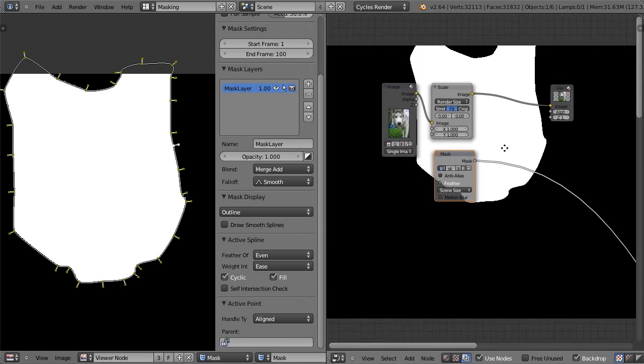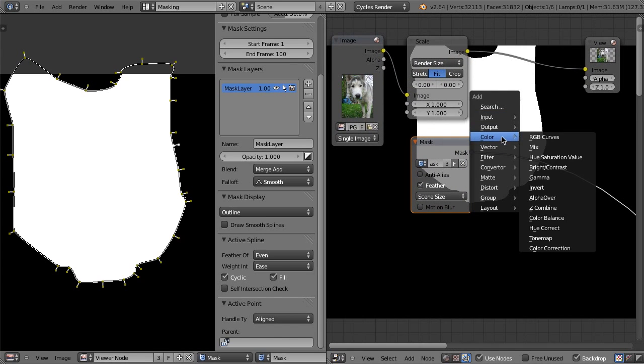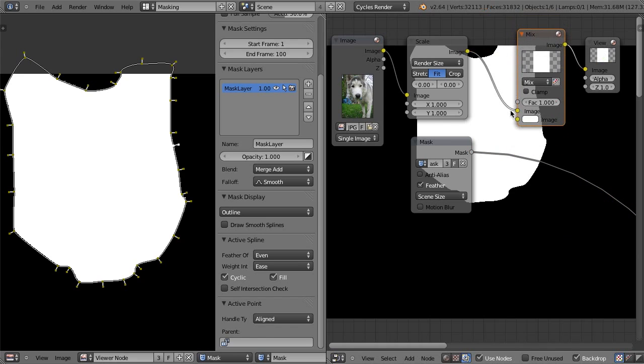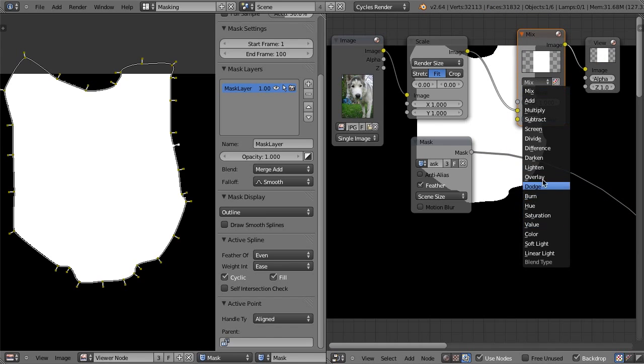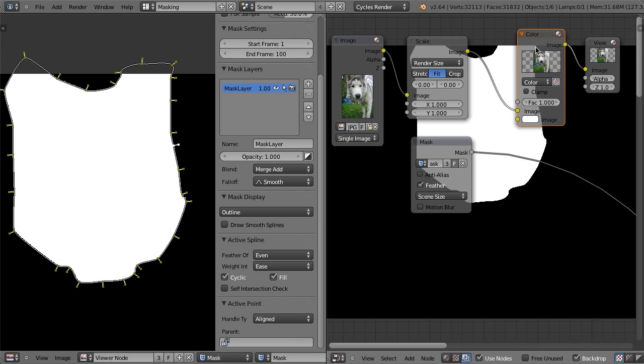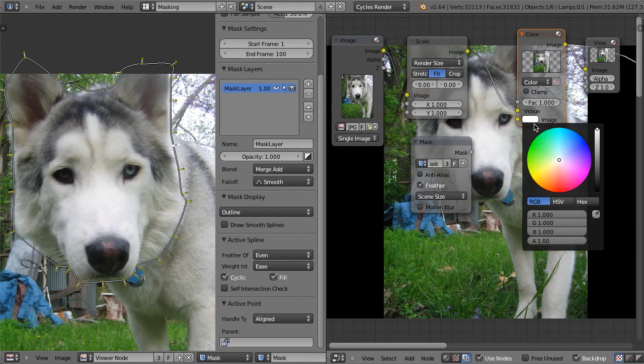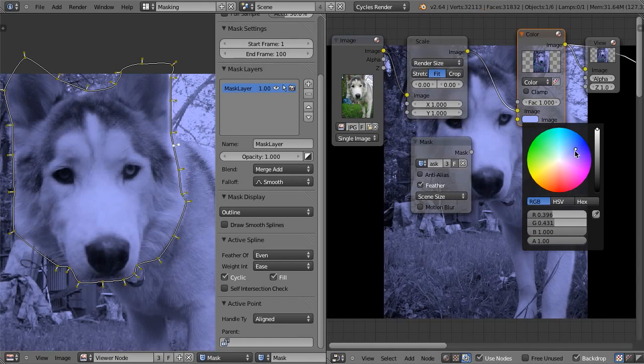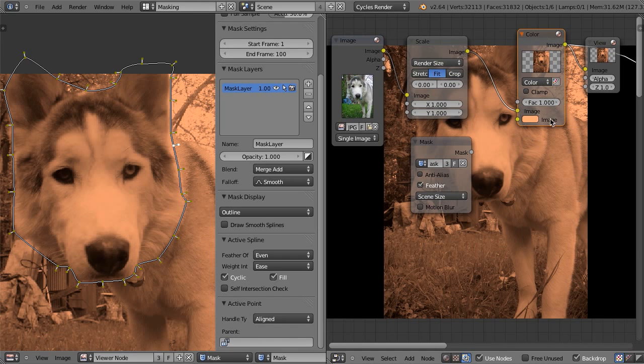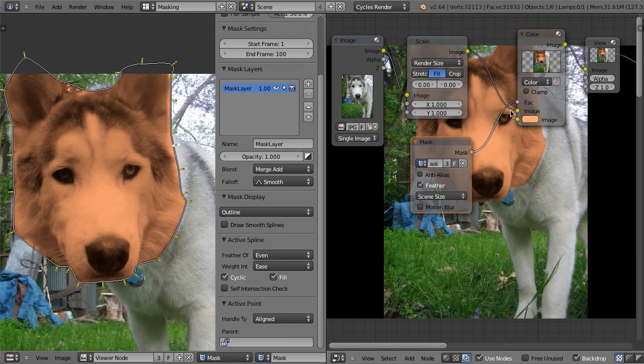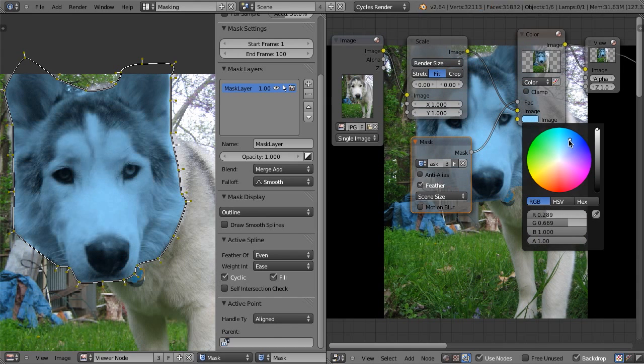So let's real quick look at what we can use this mask for. If we add in, say, a mix node, let's just drop that right on there, and set this to color. If we visualize this, right now it's white, but if I set this to any one of these colors, let's say orange, we'll make him orange. Right now it's coloring the entire thing. But if I then feed this mask directly into the factor, it's only going to color in the portion of the mask. This is what masking's for and why it's very powerful,